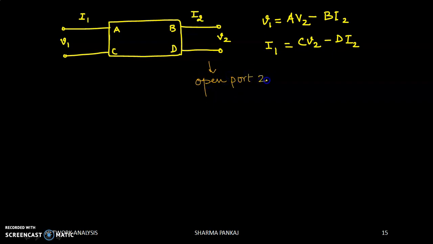This implies if port number 2 is open, I2 will be 0, but V2 will be there. So what will happen? See this. This will become 0. This will become 0. Okay. So from this equation,